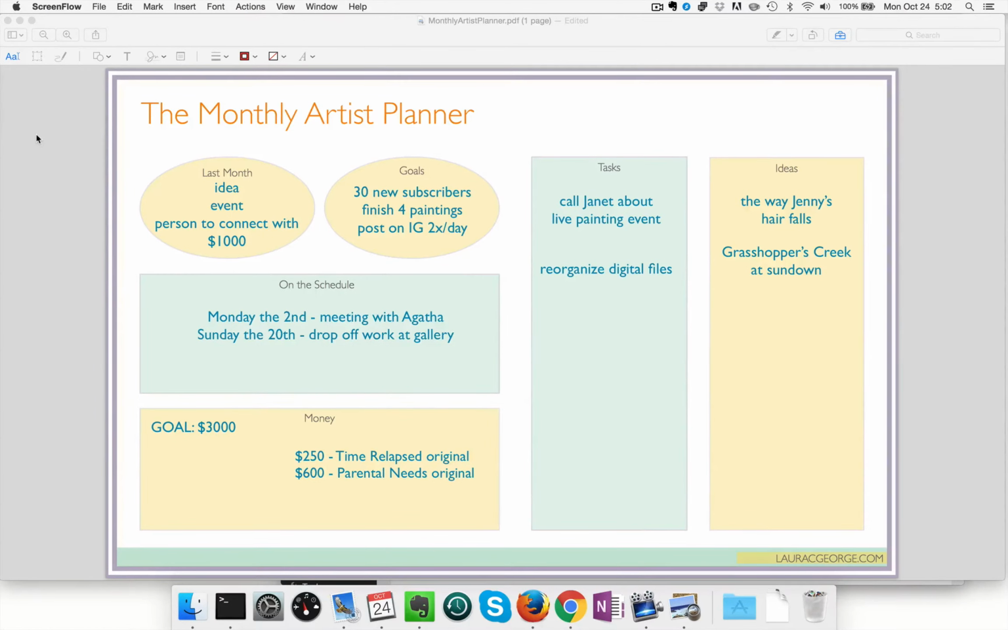Here we have the monthly artist planner, and I'm going to explain to you how to fill it out. So last month is, of course, the hardest section for most people. They don't know what to put here. And I find that it's really helpful to use this space to put down things that happened in the previous